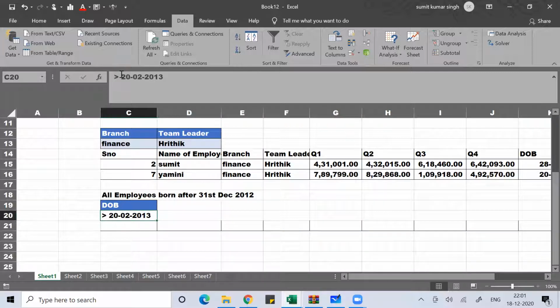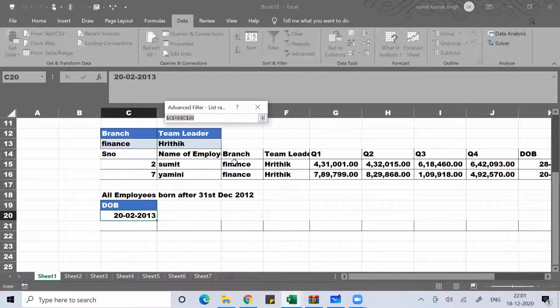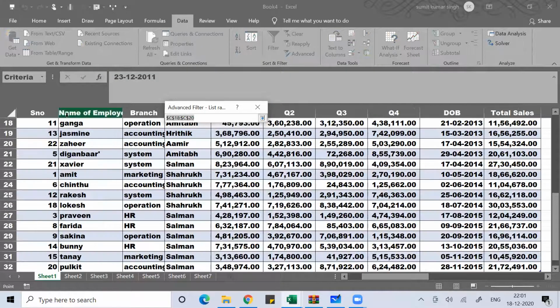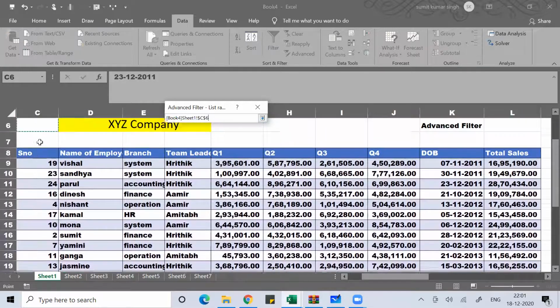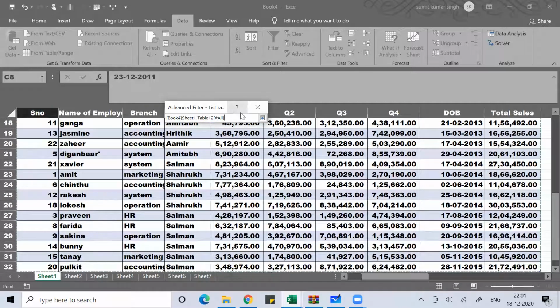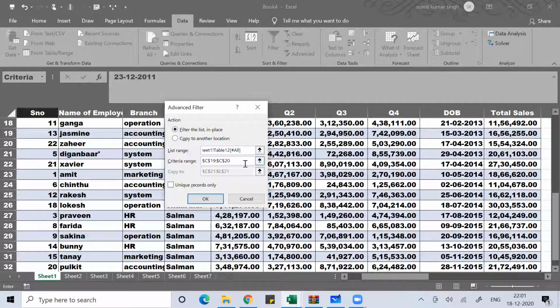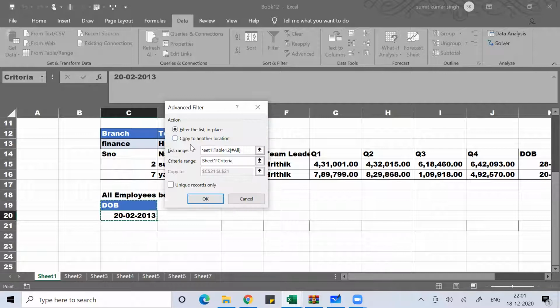Here I change the date. Alt A Q. Criteria range. Date of birth 22/02/2013. Filter to another location. Press OK.